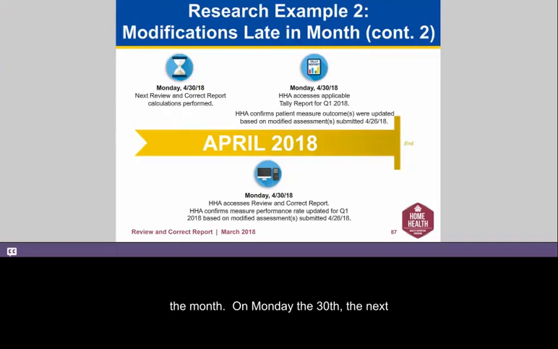On Monday the 30th, the next Review and Correct report calculations have been done. So on Monday the 30th, your agency goes back in, pulls up the Review and Correct report, and you can confirm that the measure performance rate was in fact updated for quarter 1 based on the modified assessments that you